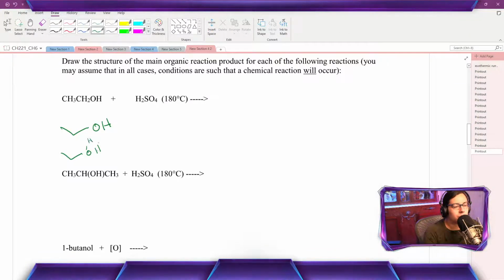We formed our water because it got protonated. Then we had this other hydrogen that could get attacked by water. So then that would cause it to leave. Those electrons go there. Water leaves. And so that left us